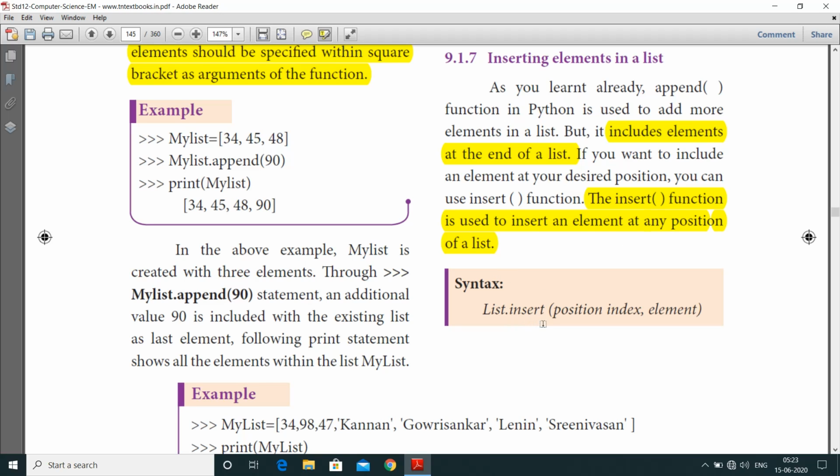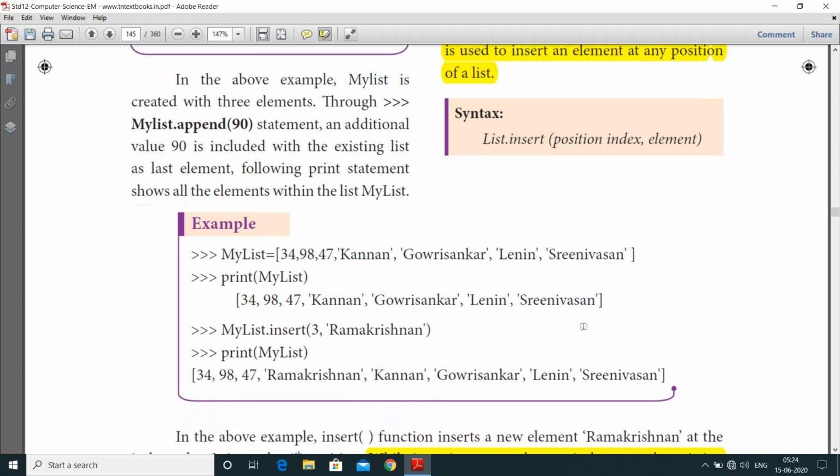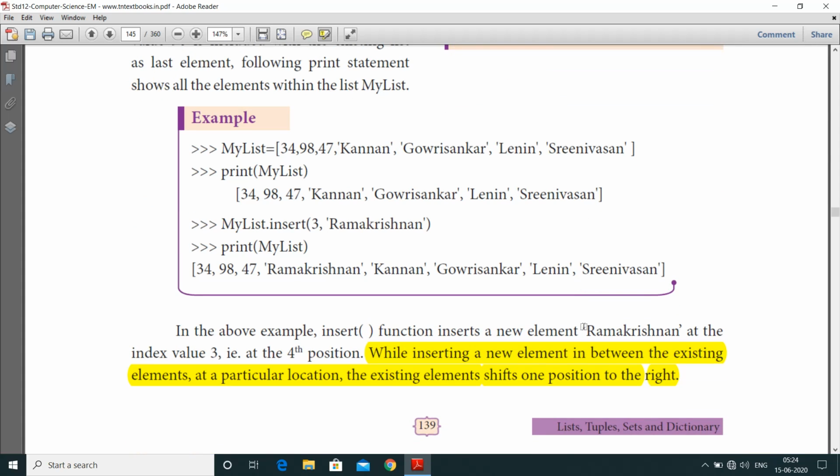list.insert(position index, element). Let us see the example. my_list equal to 34, 98, 47, Kannan, Gauri Shankar, Lenin, Srinivasan. Print of my_list, just print all the elements in the list: 34, 98, 47, Kannan, Gauri Shankar, Lenin, Srinivasan.